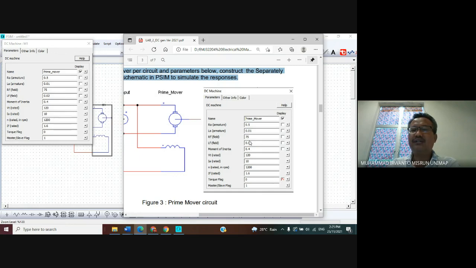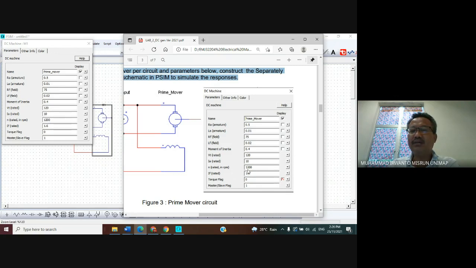Field inductance 0.02. In here 0.02 Henry also. Moment of inertia 0.4. In here 0.4. Terminal voltage 120 volt. In here 120 volt also. Armature current 10 amperes. Same 10 ampere in here.